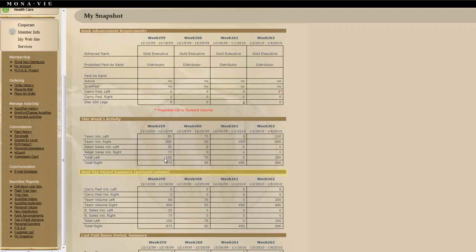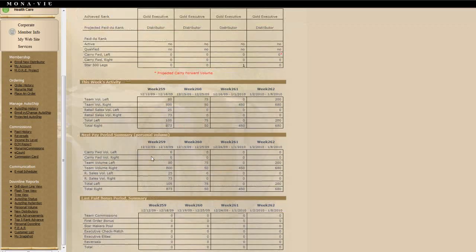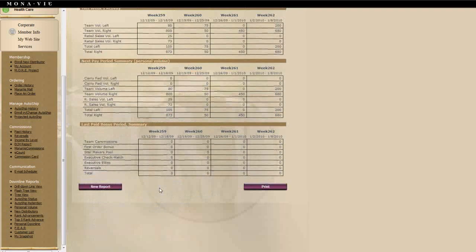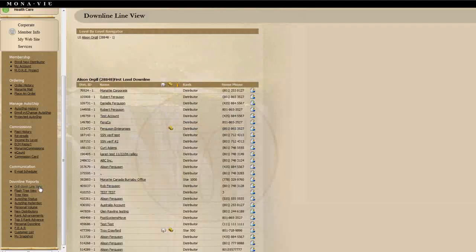Below that, we have Next Pay Period Summary, which tells you the personal volume you ended with for a particular week. Again, it tells you that the left leg ended with a volume of 105 points, the right leg ended with 873 points for that particular week. After you're done, if you want to run a new report or print, you have the options on the left